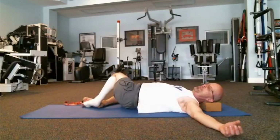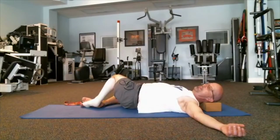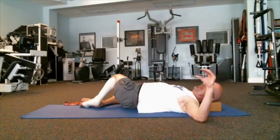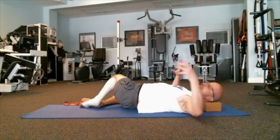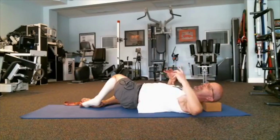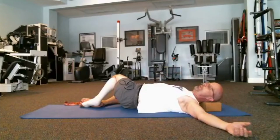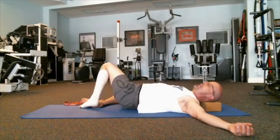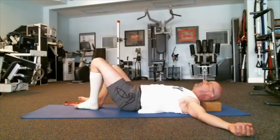If it bothers your neck, then just don't turn your head. Your spine and your discs are what are called a hydrostatic system. There's fluid in your disc that requires movement, compression, and expansion in order to stay healthy. So this is a good move to do when you get into bed at night, just to create the interchange of that fluid. We'll take it one more time to each side, gently taking your knees to the left,